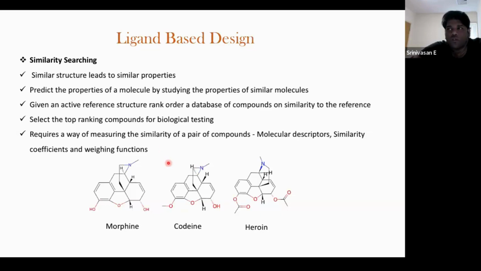So for that, they first do a similarity search. This similarity search works on the principle where it tries to find the backbone architecture of the ligand molecule that we have, and it will give us all the compounds from the library which have a similar backbone architecture with small changes. Then it will give a score. This score is called the Tanimoto coefficient. This score tells us how much these molecules have